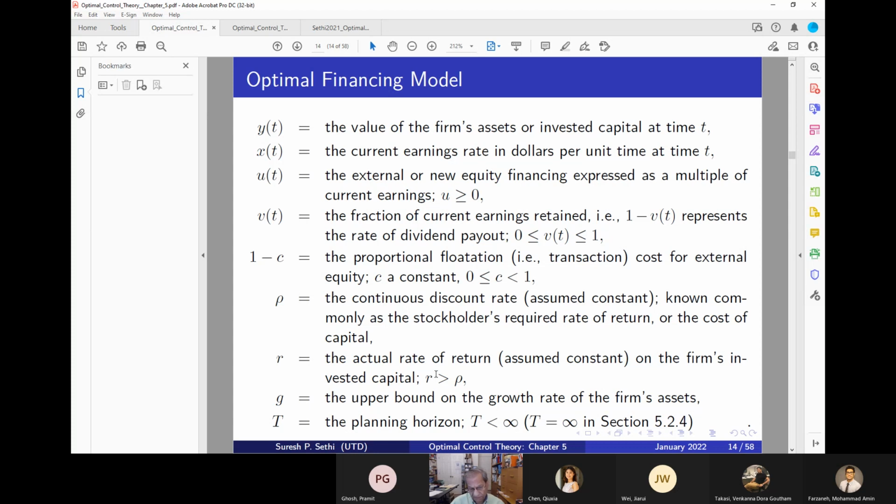Because R is constant, I need to put some imposition on the upper bound of the growth rate. Because if R is bigger than Rho, and if I don't put any growth rate, then the optimal solution is to sell an infinite amount of stock. Because I earn more than Rho, people will be very happy to buy my stock, and so I can have an infinite amount of it. And that's not what I want. If I don't put the growth rate, then I need to do something else, which has been done by me and Michael Toxer in a paper. Something else would be that the return on the capital